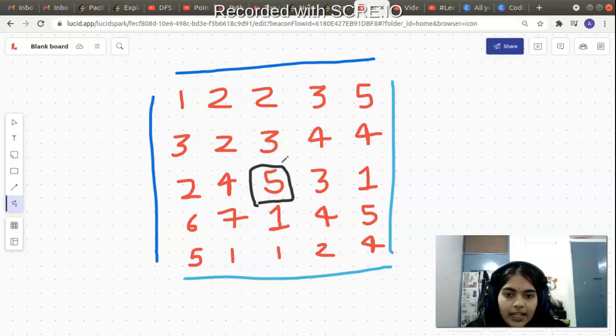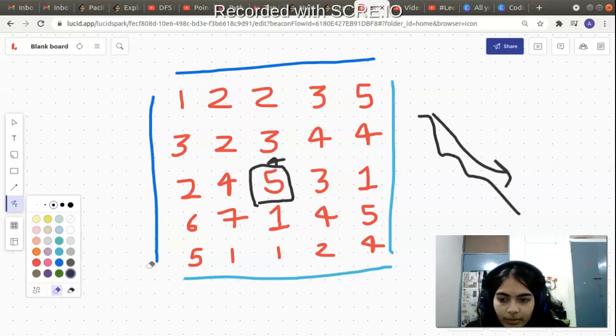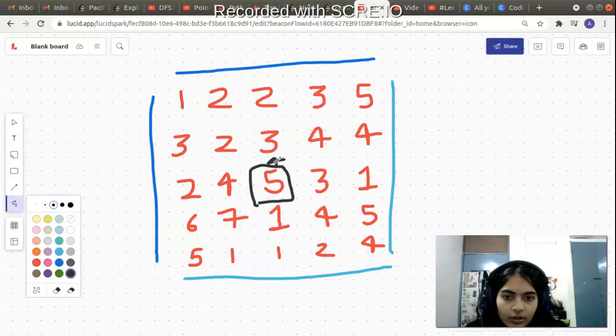Let's understand by example. So see, from 5 water can flow to 3. We can go to the upper cell because 5 is greater than 3. It is at a greater height than this. Okay, it is natural or logical to think that if you are at a greater height than some other height, water can easily flow down, and you can make water travel from one cell to another cell. So from 5 water can travel to this cell. Okay, similarly from 3 it can travel to the lower cell, and from 2 it can travel to this another lower cell, and water is able to reach the Pacific Ocean.